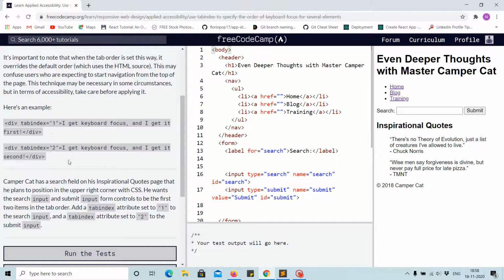And let's see the task. Camper Cat has a search field on his inspiration codes page that he plans to position in the upper right corner with CSS. He wants the search input and submit input form controls to be the first two items in the tab order. Add a tabindex attribute set to 1 to the search input and a tabindex attribute set to 2 to the submit input. So in here what we can do